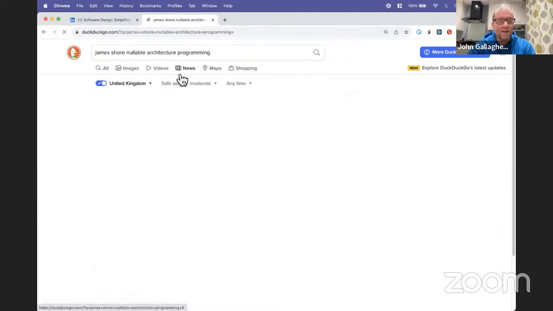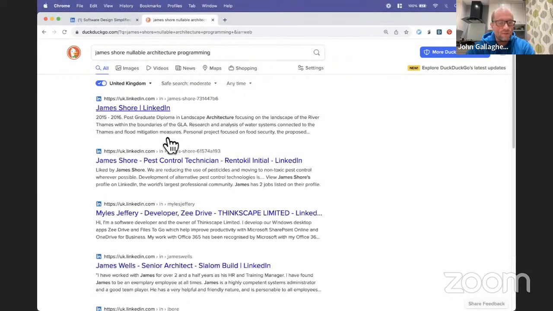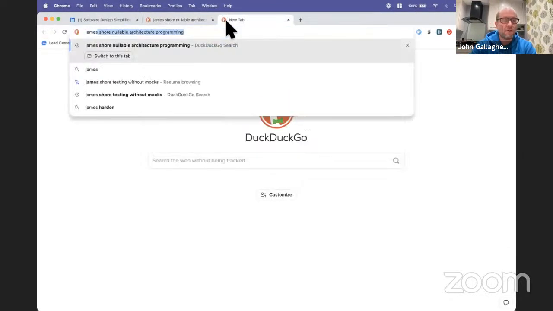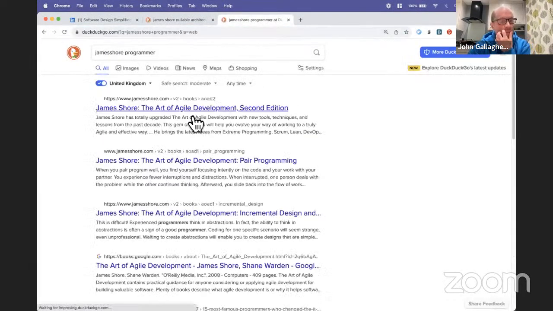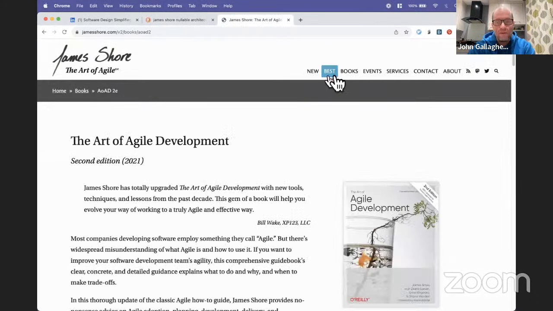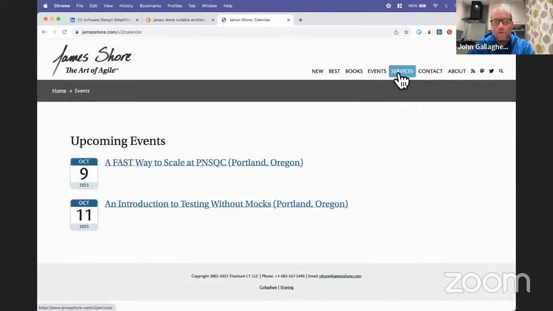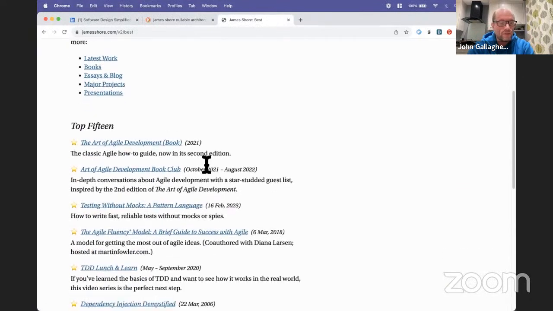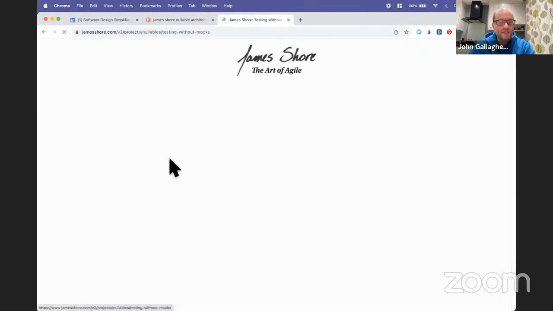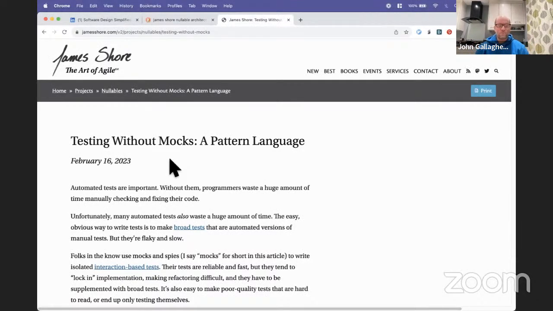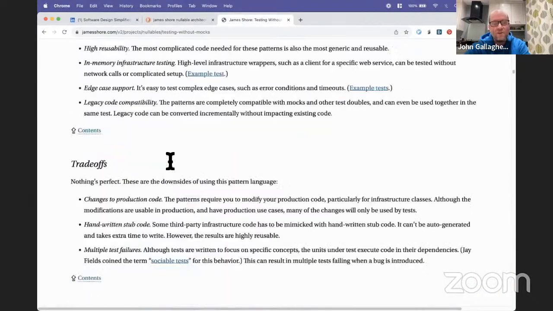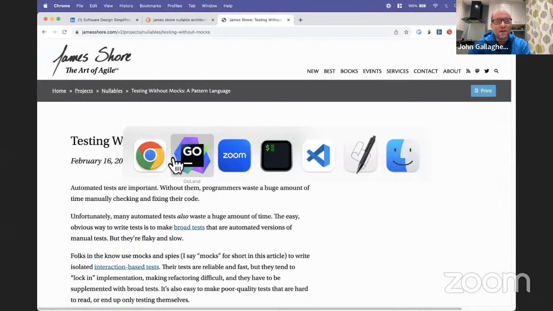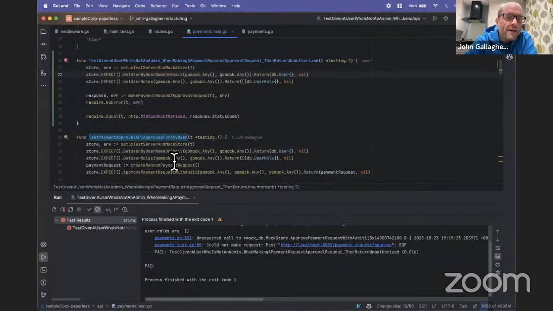I can just go to his website. I don't know, James Shaw. I think it's just jamesshaw.com. Yeah, this is it. And so, services. Oh, it's best. This is it, right? So, testing without mocks, a pattern language. It's long and very detailed, but it's a way of getting accurate tests that read really nicely without